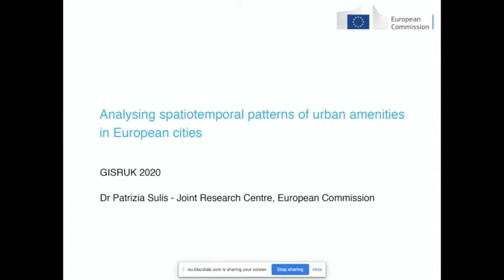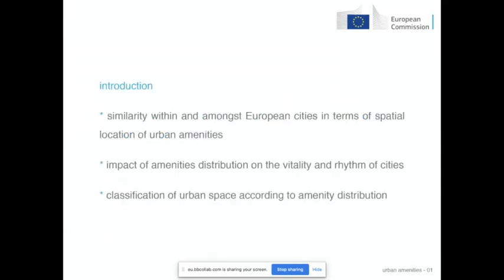Okay, I'm Patrizia. I'm a scientific officer at the Joint Research Center at the European Commission, and today I'm going to show you part of an ongoing research project that is articulated in two phases, and I'm going to illustrate the first phase. We were interested in understanding if there are patterns of similarity within and amongst European cities in terms of spatial